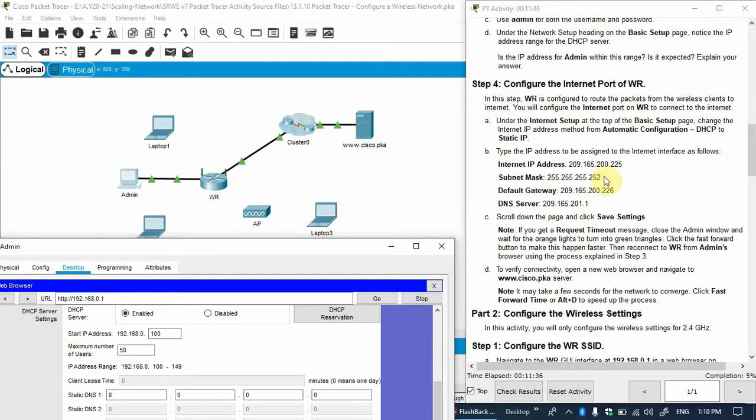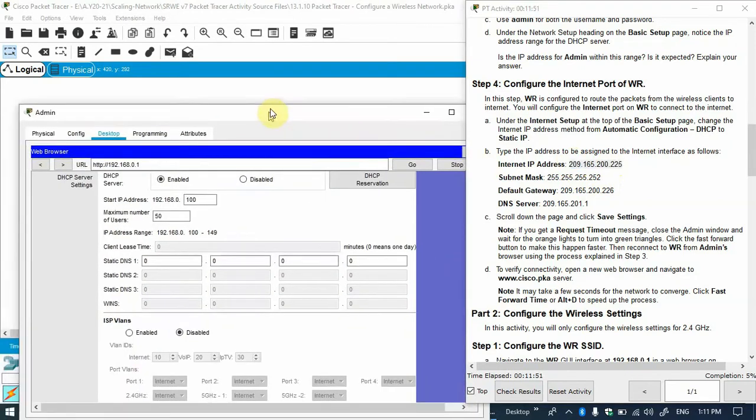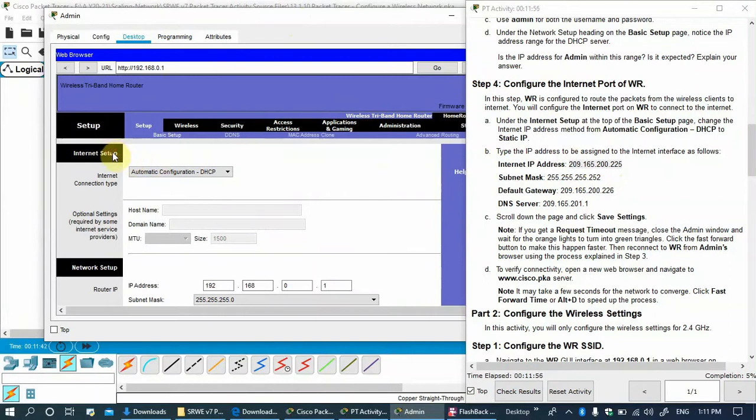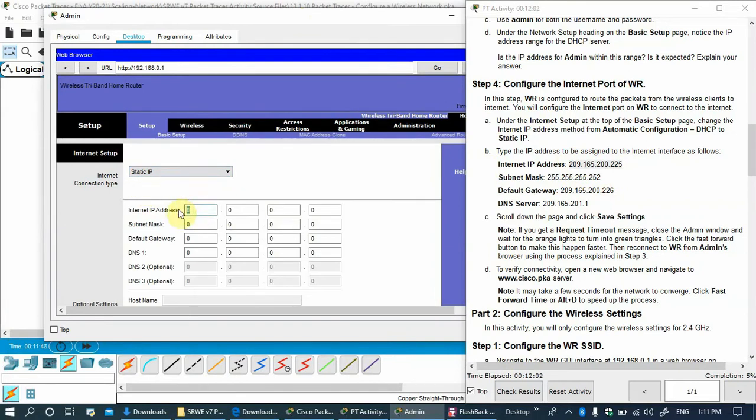So what is the IP address we need to assign? 209.165.200. This is the IP address. Okay, so we need to assign this IP address. If we will not assign, it will not be able to connect with the internet. Okay, so how we can assign this one? See here, go to the internet, here automatic configuration of the DHCP, go to the static, and here you can assign the IP address